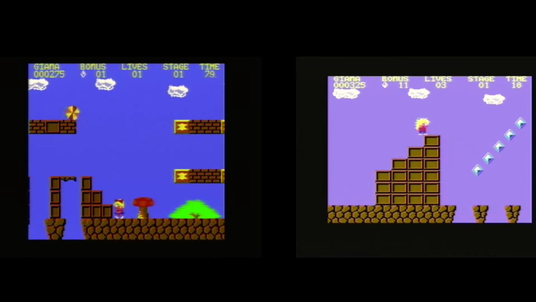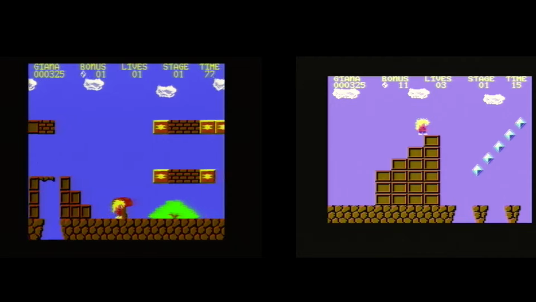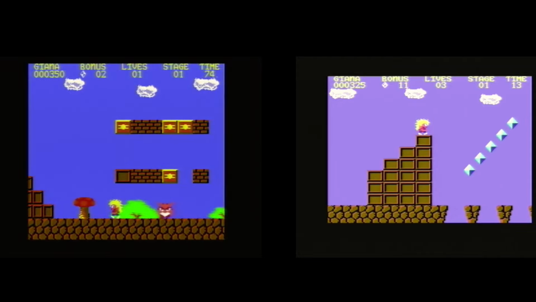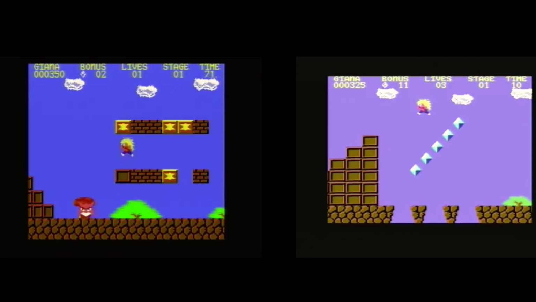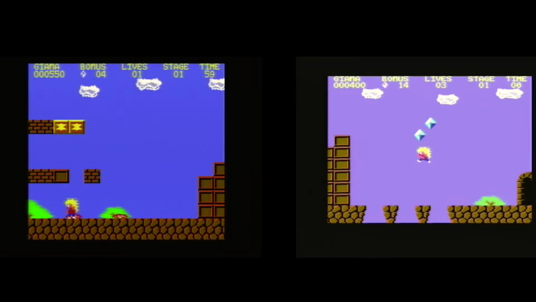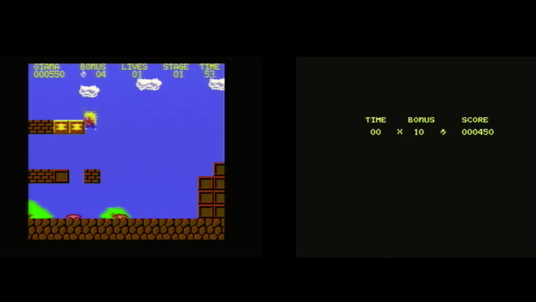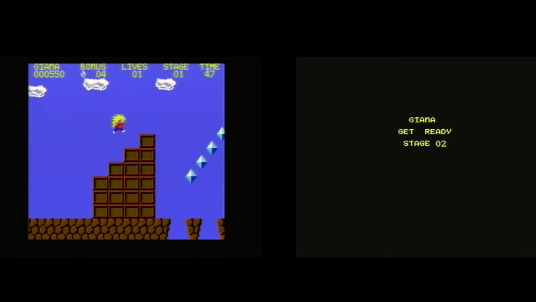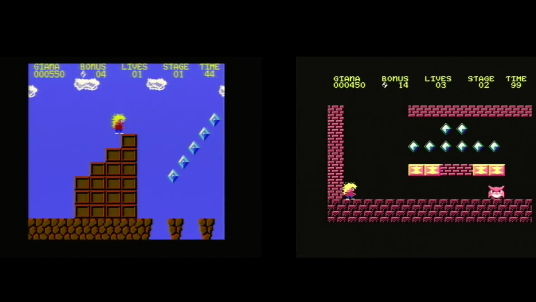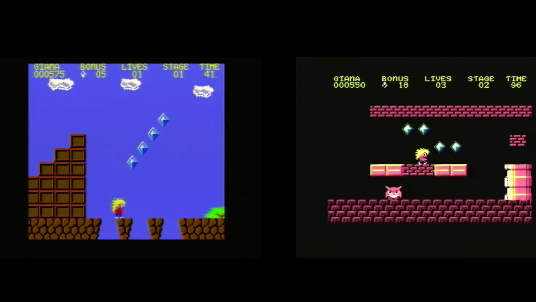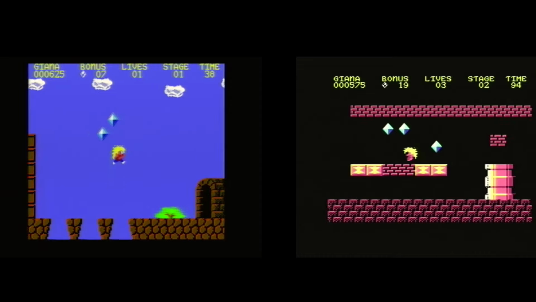As you can see, in the NTSC version, the objects remain stable as you progress through the game, but when running the PAL version on the NTSC, there's a noticeable flickering effect, especially when there's a lot happening on the screen. The flickering can be distracting and makes the game feel less polished. It's as if the system is struggling to keep up with the game's demands, which can take away from the